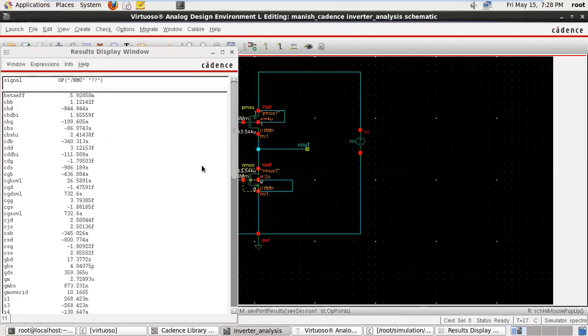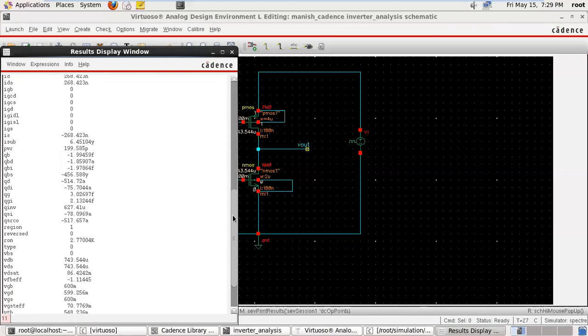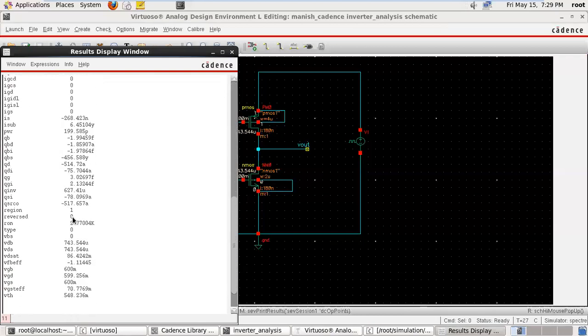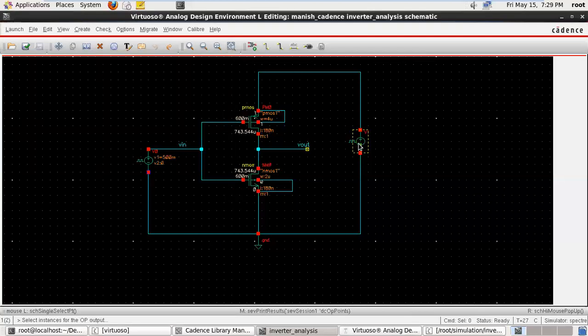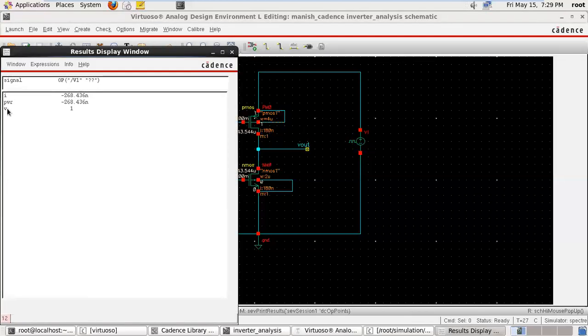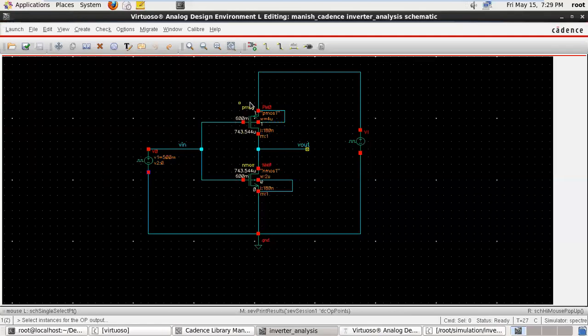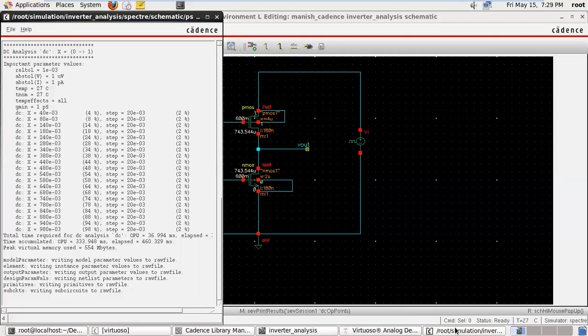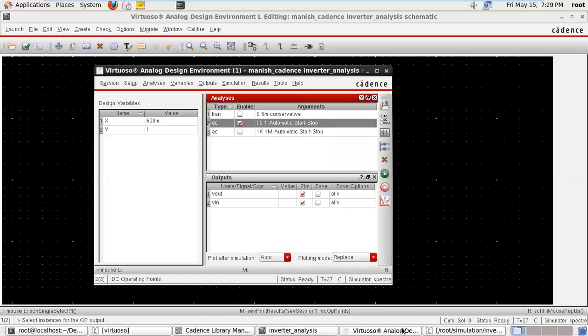If we click on the NMOS, these are all the parameters of the NMOS transistor. See here, the region is 1, so the transistor is in the active region. Through this you can find all the transistor parameters, and the current, power and voltage of the output voltage source.